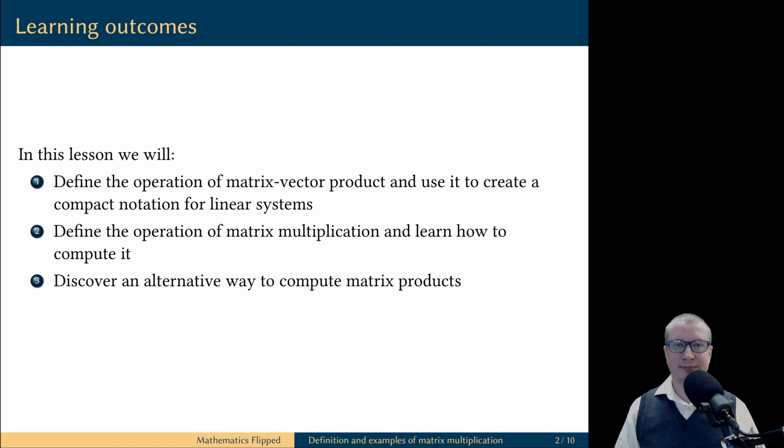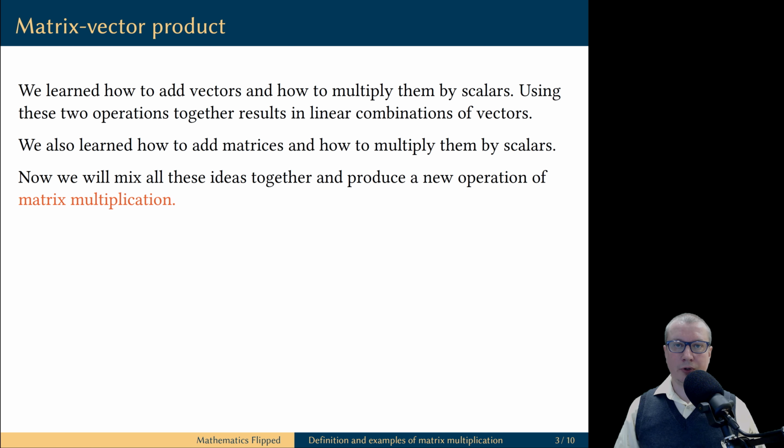Let's get started. As a quick recap of what we achieved so far, we have learned how to add and scalar multiply vectors. Combining these two operations results in linear combinations of vectors. We also learned how to add matrices and how to scalar multiply matrices. And finally, we are going to put all of these together to start with the definition of a matrix vector